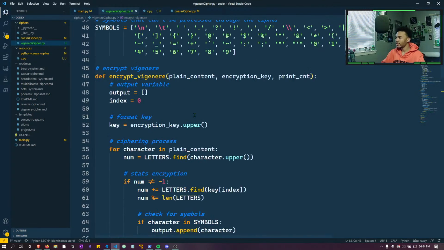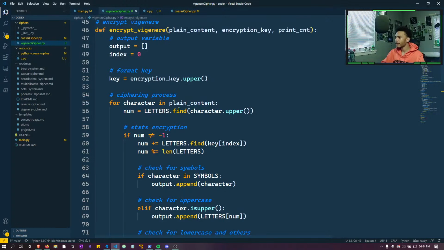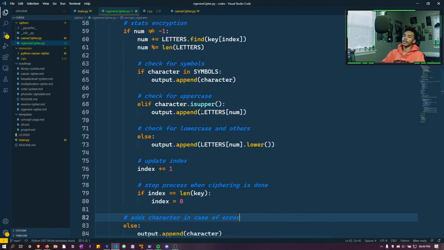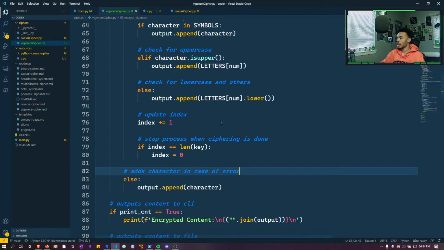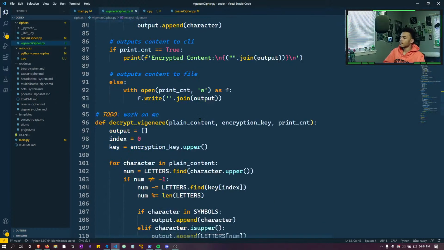Oh, is that what it's doing? Is the dot find preventing me from having to use the symbols? I mean, I already implemented it, so I guess it's just kind of like a second recursion. If so, that's pretty smart. All right, now we don't have to have that work on me anymore. We can just say